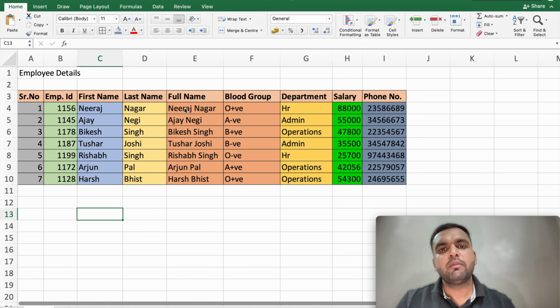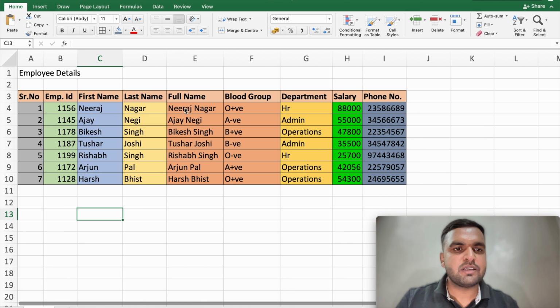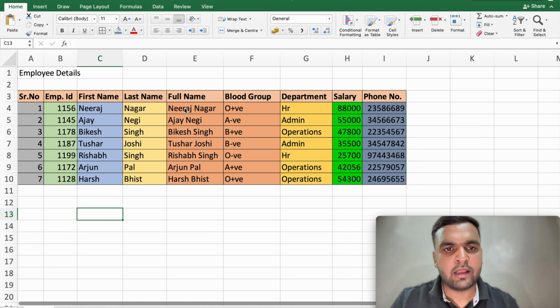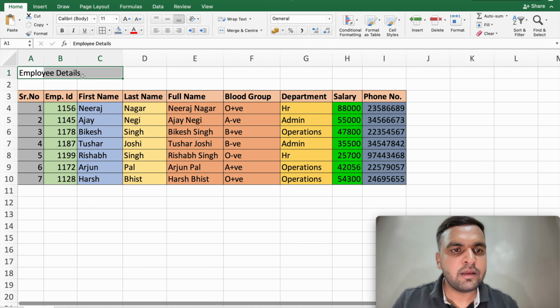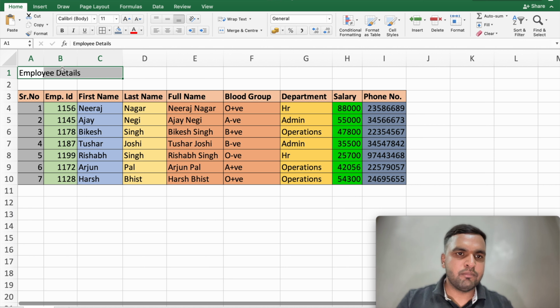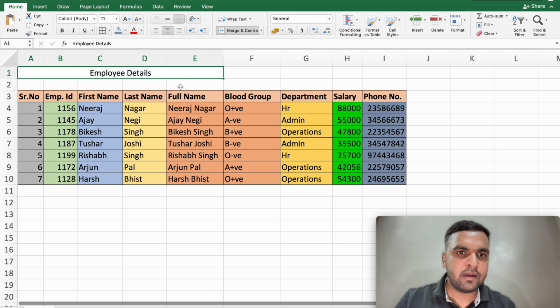So today we are going to be learning about how we can use merge and center in the Excel workbook. So in this particular sheet, as you can see, I have given the title employee details here. If I want to merge all these columns so that employee details can be in the center, what I'll do is select all those columns in that particular row, and I'll just click here and it will do the work for me. It will automatically merge all the columns for me so that I can get my title